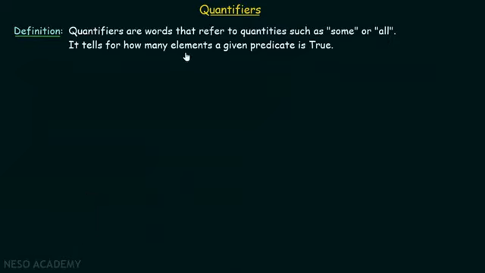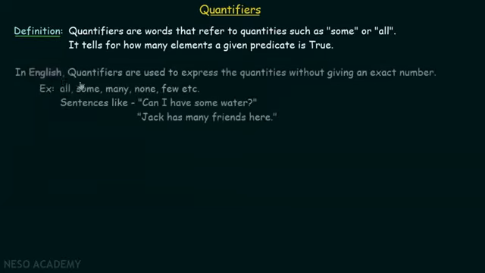It tells for how many elements a given predicate is true. If a predicate is given to us, we can identify for how many elements it is true with the help of quantifiers. Now in English, quantifiers are used to express quantities